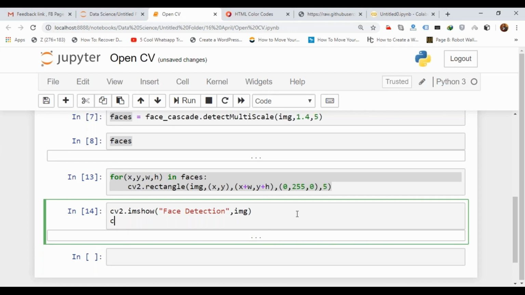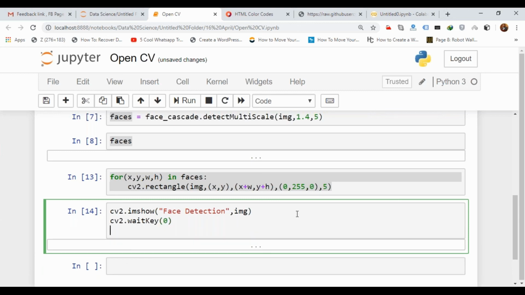So how will we pass that? I will write here cv2 dot waitKey. Now I'm passing it 0. When I execute this code, it will open the window. Now, what is waitKey? This function will hold this program.